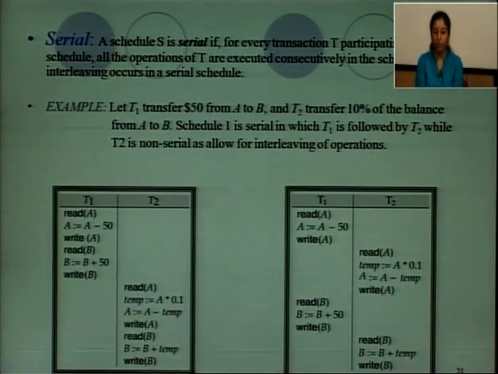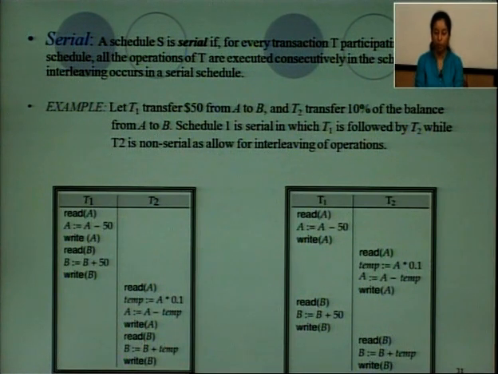We will discuss first what a serial schedule is. A schedule is serial if for every transaction T participating in the schedule, all the operations of T are executed consecutively in the schedule. No interleaving occurs in a serial schedule. For example, let T1 transfer $50 from A to B and T2 transfer 10% of the balance from A to B. Schedule 1 is serial in which T1 is followed by T2, while schedule 2 is non-serial as it allows